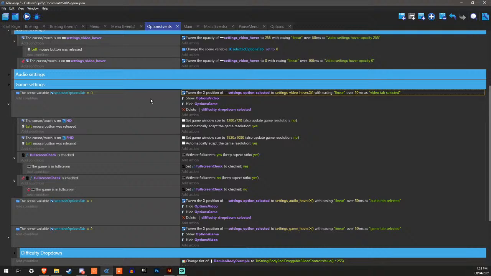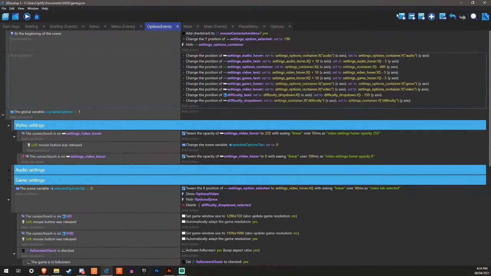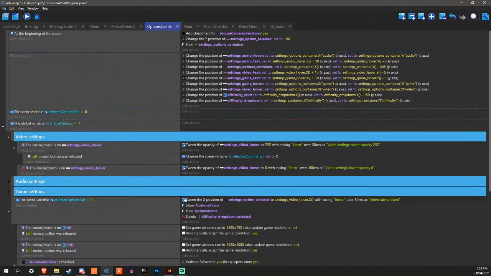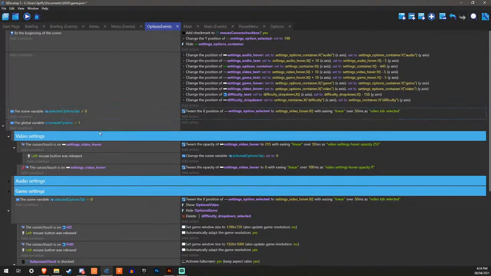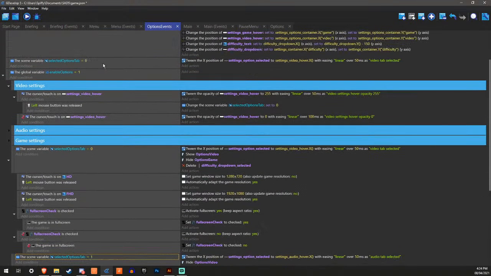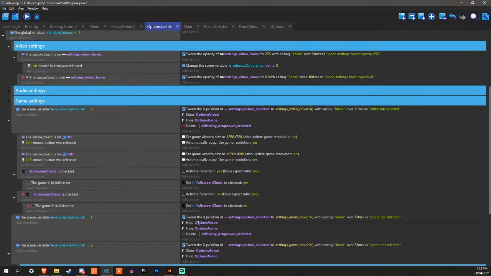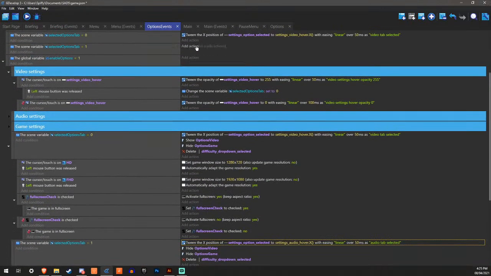So when the settings isn't 1, then we can just do this actually. That, and then that. And we can just make a new one, do that, and then that.